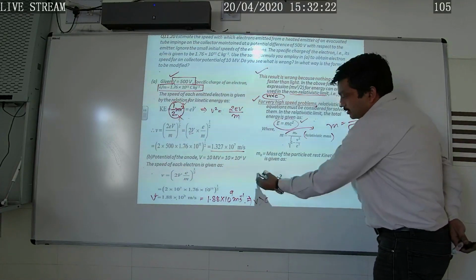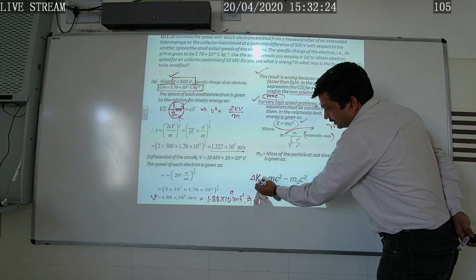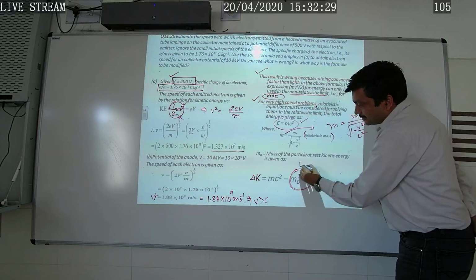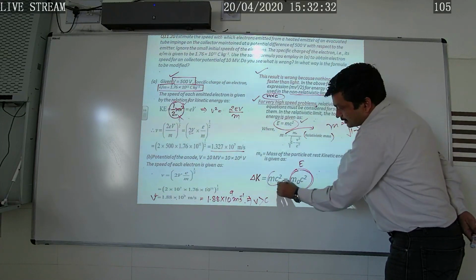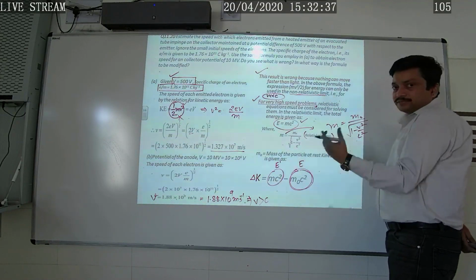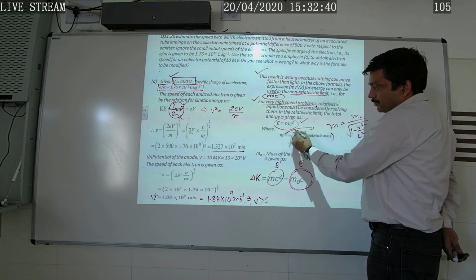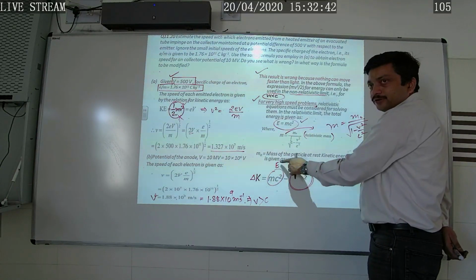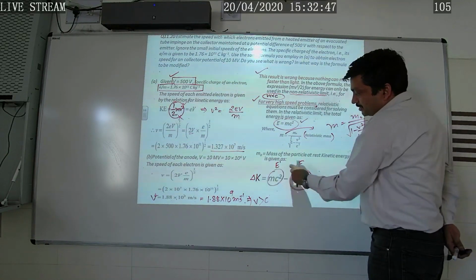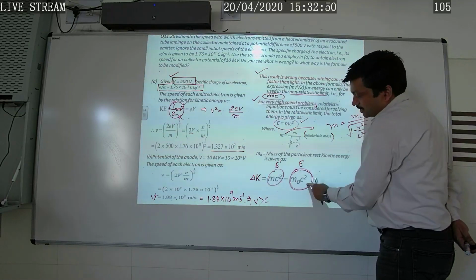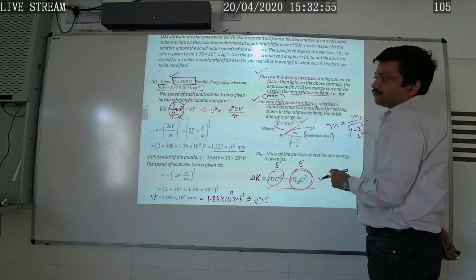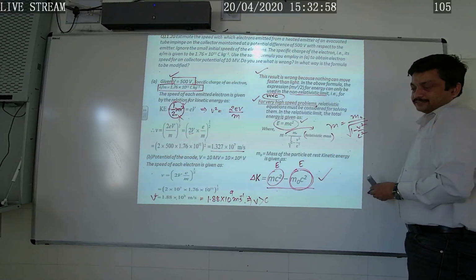Why is it so? Here basically it is written as the change in kinetic energy. This is the rest mass energy, when the particle was at rest, denoted by E, and this mc square is E dash. Why? Because as the particle moves, its mass increases according to this formula, as a result of which its energy becomes E dash. Therefore the difference between E dash and E becomes equal to the change in kinetic energy. So we cannot use that formula for the relativistic case.